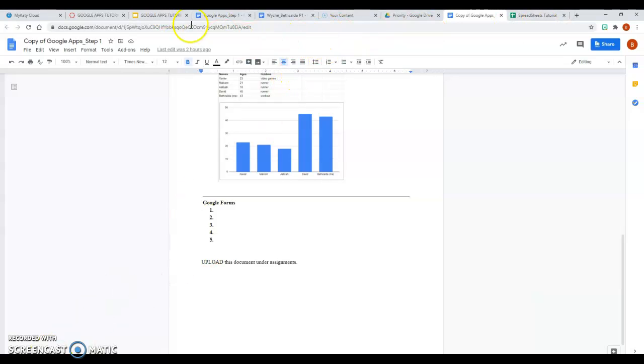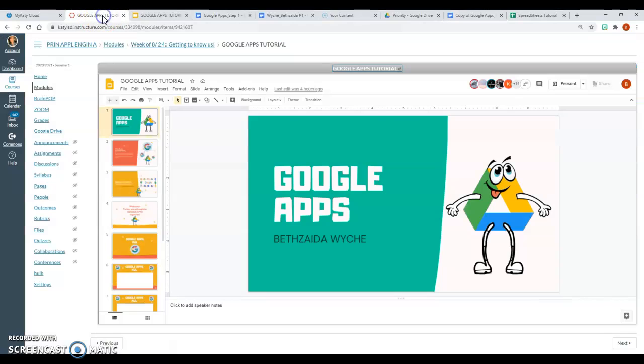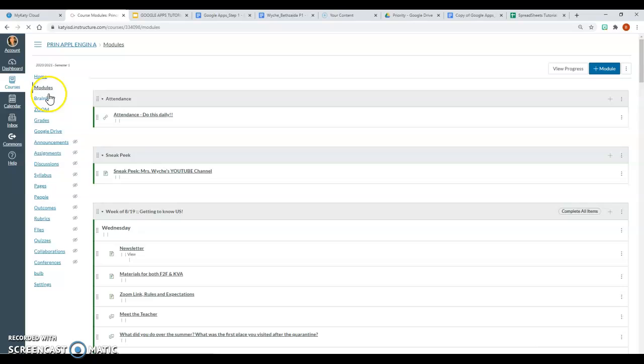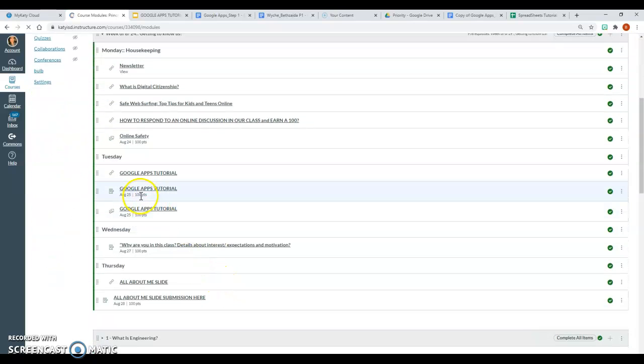All right. When you are finished doing that, you're going to come back to your Canvas. You're going to click Modules again, and go to the part where it says Google Apps Tutorial, but it has the icon for the assignment, and that's where you're going to upload your assignment. When you finish doing that, you're going to move on to the next task,